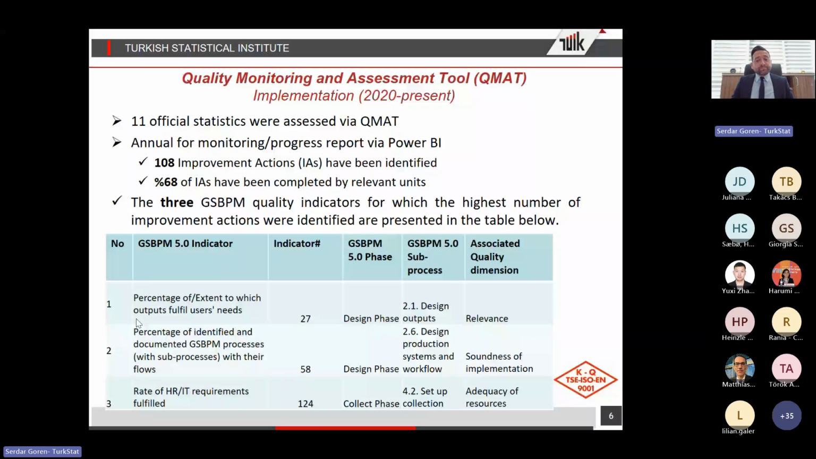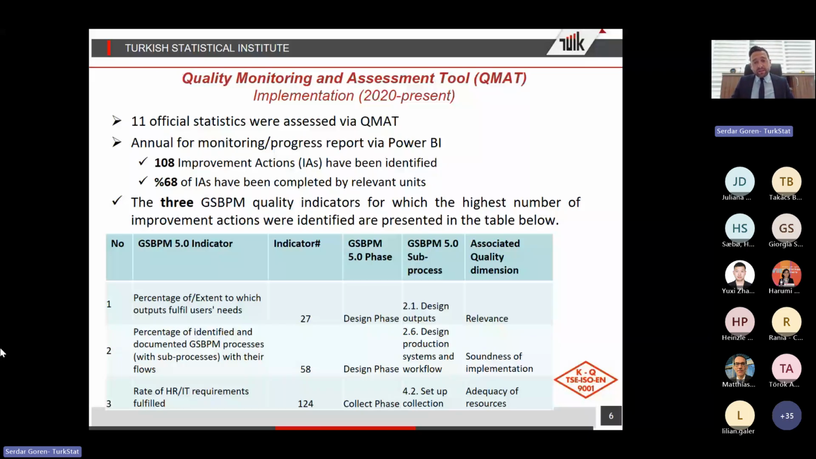As a result of the quality assessment processes, we determined 108 improvement actions for the statistics, and now 68 percent of improvement actions have been completed by the relevant units. It is very good news for us. I think that our relevant units have done a very good job. And also we have seen that